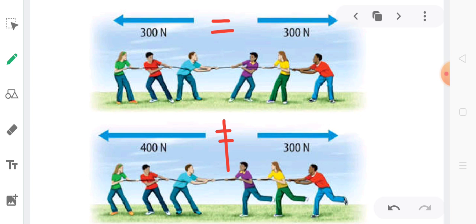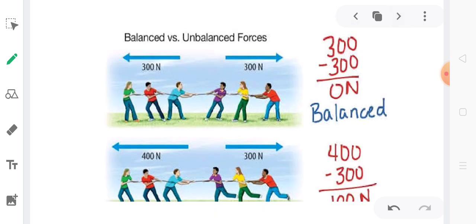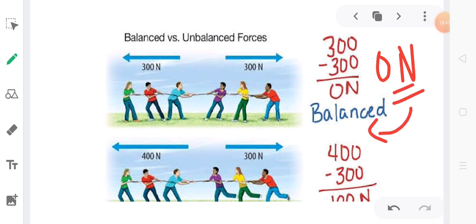So how to find out the net force? In the first case you can see 300 minus 300 is how much? 0 Newton. That is the net force, and net force is 0, so forces are balanced and hence no team is going to win. But in the second case,